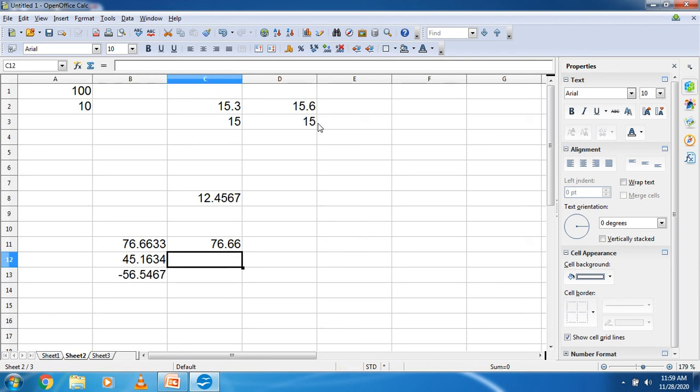Okay, now again here I use the round function, equal to round, bracket open, select the cell, bracket close, comma, here I am using decimal places 0.